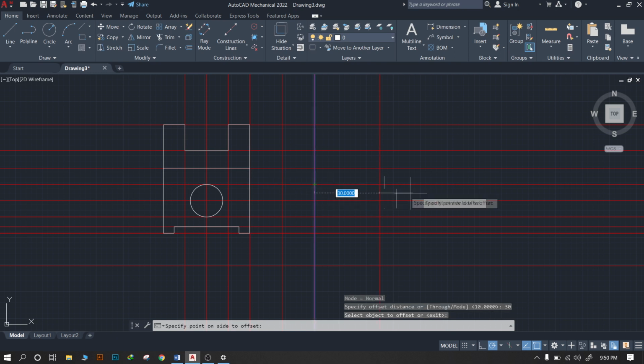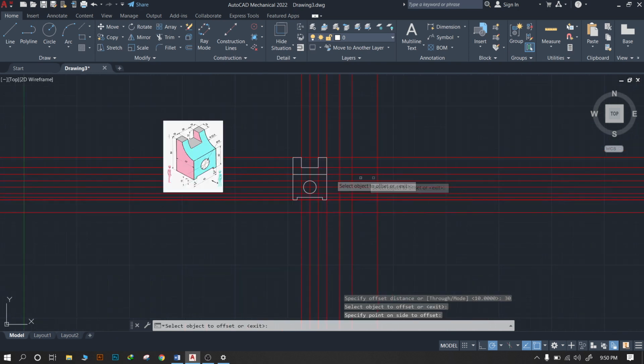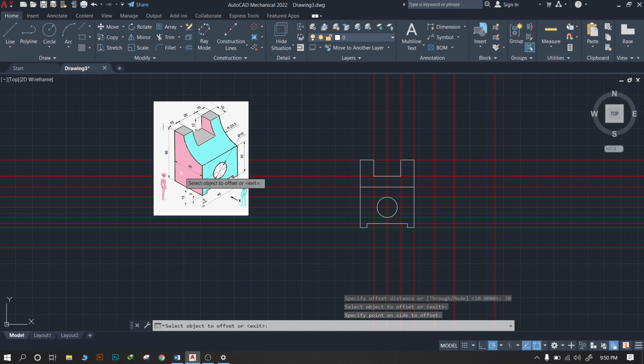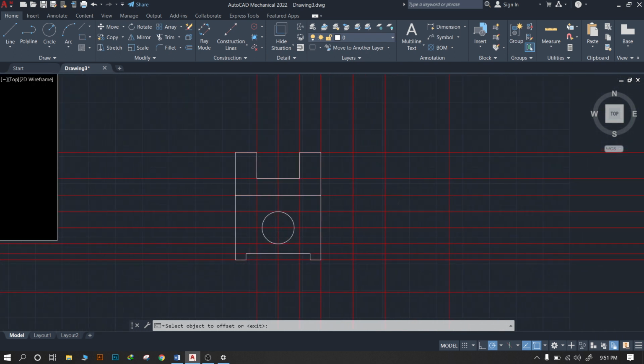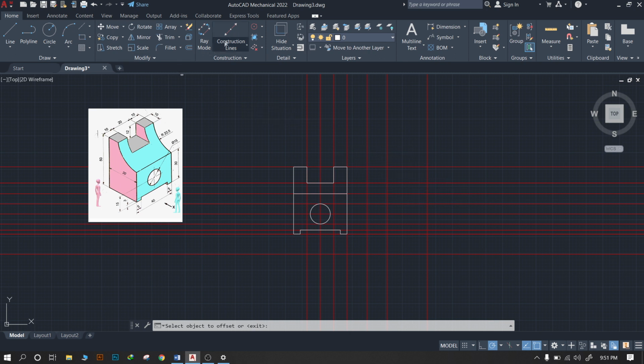Okay, on the right hand side, we got the width of the object, that is 30 mm. We know that on the left hand side the 50 line is there. That means that line is completely visible, and we will mark it by a thick continuous line. And here we have the thick continuous line on the left side. Also on the right hand side we have the height of 30, and we will mark it as 30.